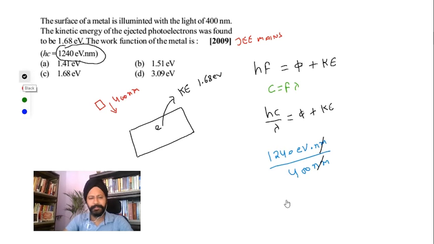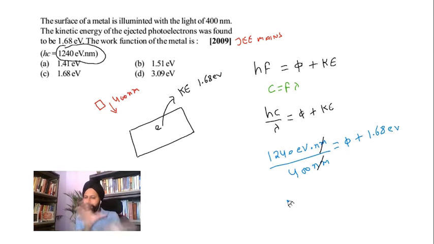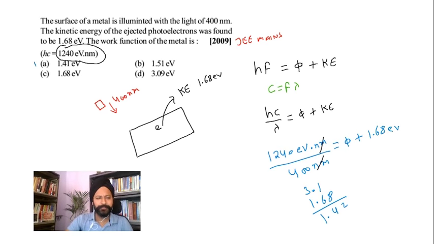So it is equal to, let's complete the equation before we work on it, 5 plus kinetic energy, which is also given as 1.68 electron volts, right? How beautiful, it came out in electron volts. Now these 2 zeros cancel, so this is 3.1 minus 1.68, so 2 remains, 4 remains, 1.42, right? 1.42 remains, which is very close to 1.41, and that is your answer.